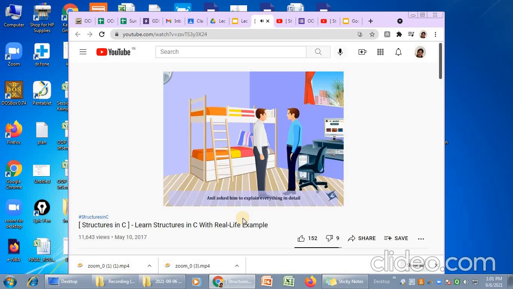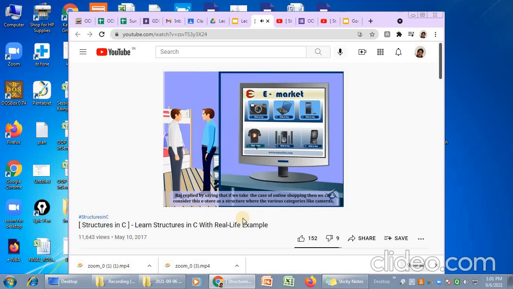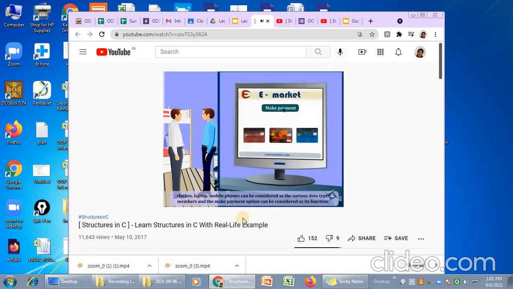Anil asked him to explain everything in detail. Raj replied by saying that if we take the case of online shopping, then we can consider this e-store as a structure, where the various categories like cameras, clothes, laptops, mobile phones can be considered as the various data type members, and the make payment option can be considered as its function.